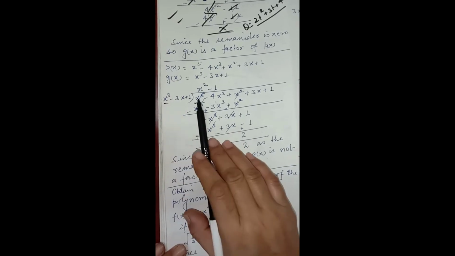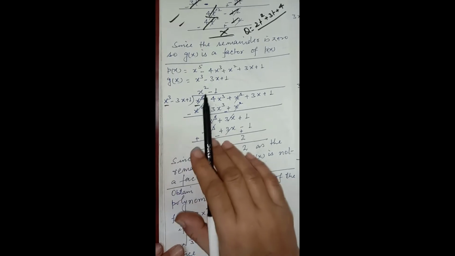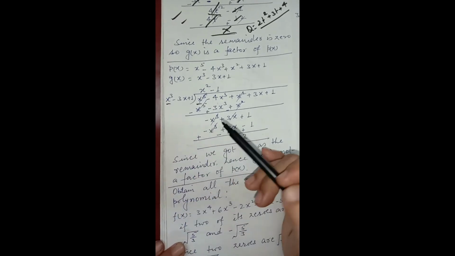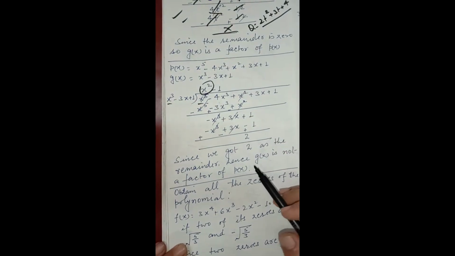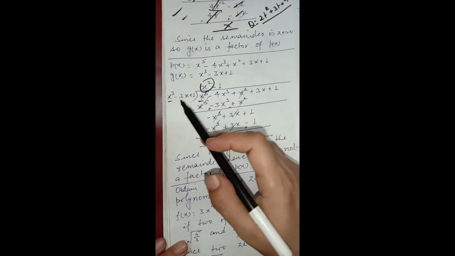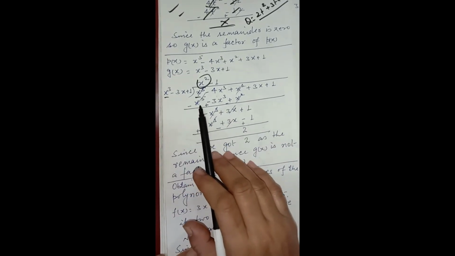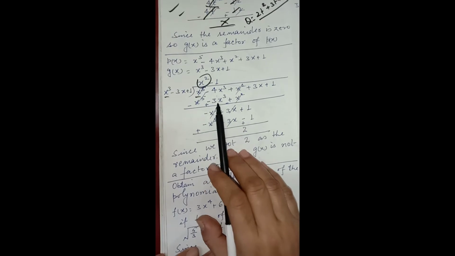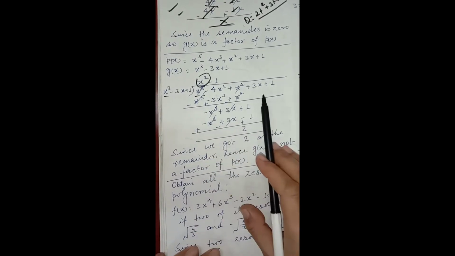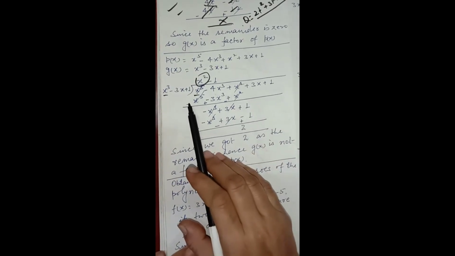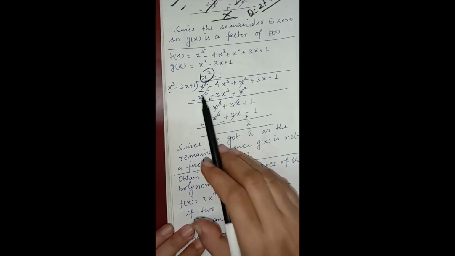It is x cube and it is x to the power 5. To make x to the power 3 into x to the power 5, we need x square. So at this time, the quotient is x square. We will multiply the divisor by x square. On multiplying, we get x to the power 5 minus 3x cube plus x square. We will arrange the terms, and as in a simple subtraction process, we will change the sign and subtract.